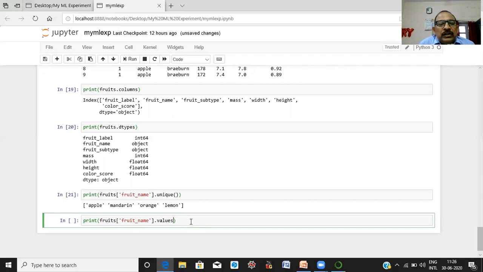Here we are interested to know all values of a specific column.